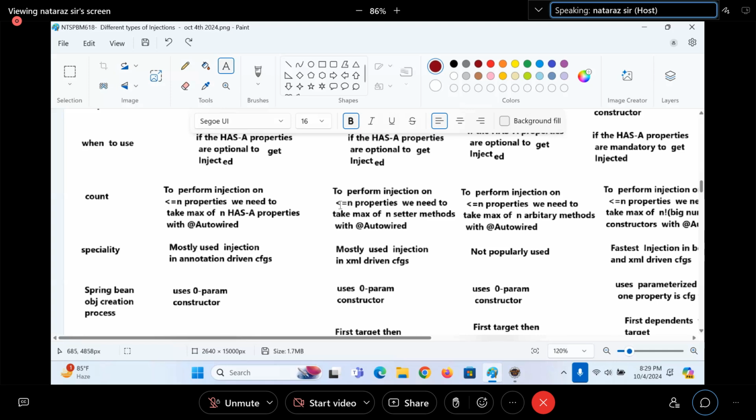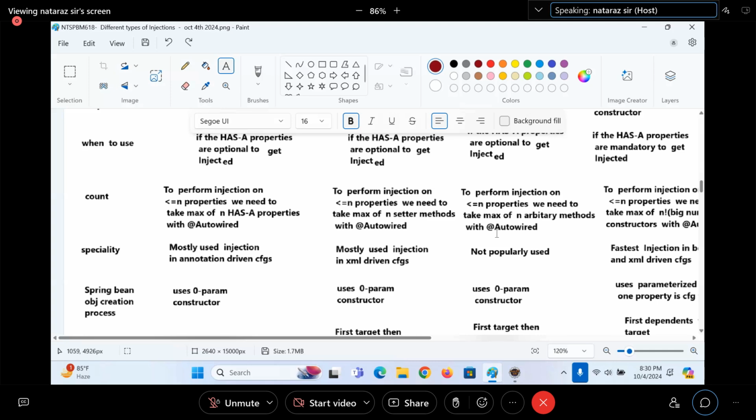To perform injection on less than or equal to n properties, we need to take a maximum of n setter methods with @Autowired. Suppose I want to perform injection on 10 properties maximum, we should take a maximum of 10 setter methods. Similarly, we need to take a maximum of n arbitrary methods with @Autowired.